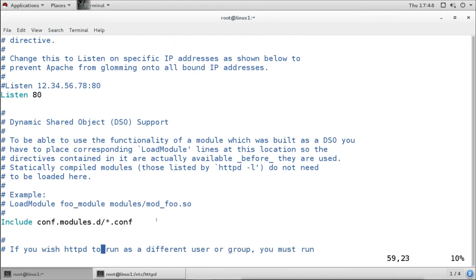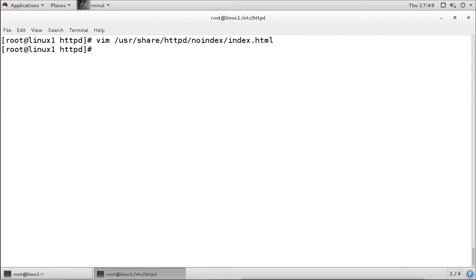Now here it is saying to include all the files from the conf.modules.d directory. The name could be anything, but at the end it must have the .conf extension. And by this configuration, it is loading all the configuration files related to modules from this directory. Now this directory is under our server root directory, that is /etc/httpd.